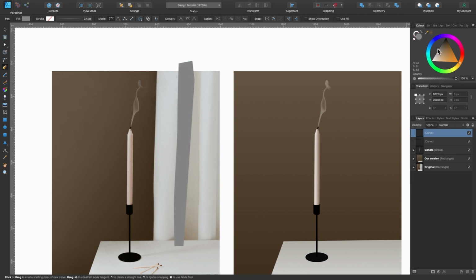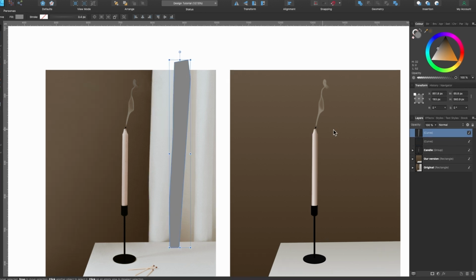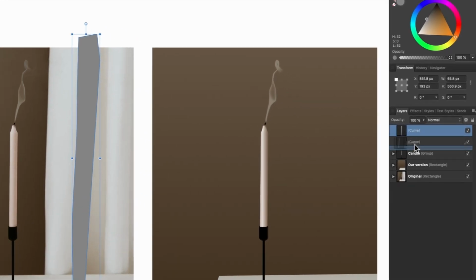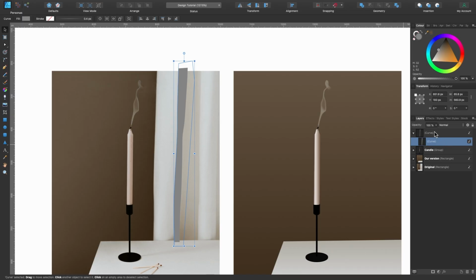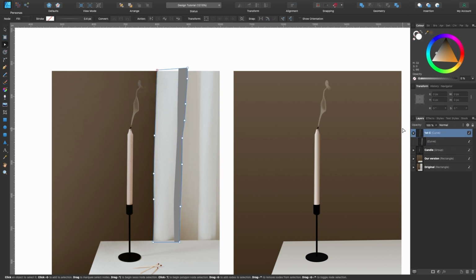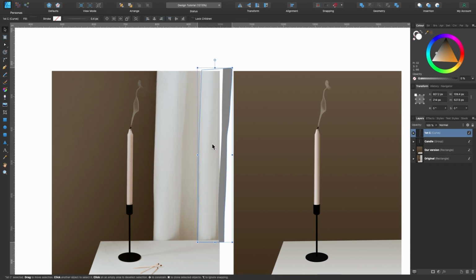Okay, and I'll just give that a color, and I'll give the main shape we just made a color as well. And I'm going to clip this inside of that shape. So I'm going to drag it down and to the right, and I'll name this. I'll name it first C for curtain, first part of the curtain. Okay, so this is clipped inside there. Okay, I'm just going to press the move tool and move it off to the side. I'll give that its fill back, so the opacity, I'll drag that back up again.